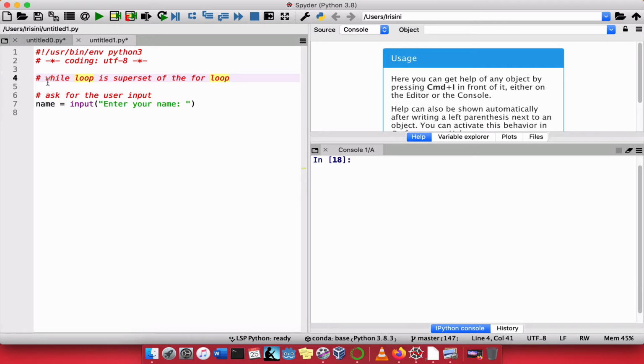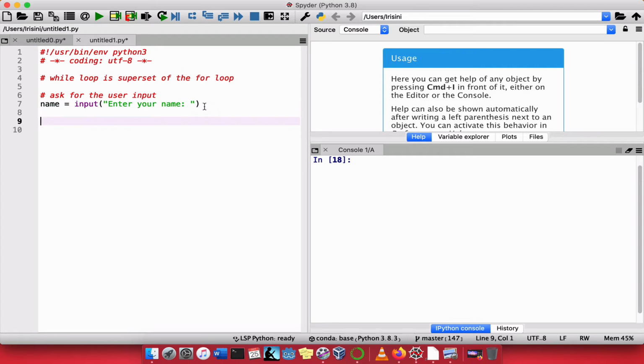However, the reverse is not true. There are certain things that only a while loop makes possible, and in a future video you will see exactly one of those cases. So what we want to do for this video is to re-implement the program from the previous video, but this time using a while loop. There are certain steps that we need to take to construct a while loop, and the first step usually involves